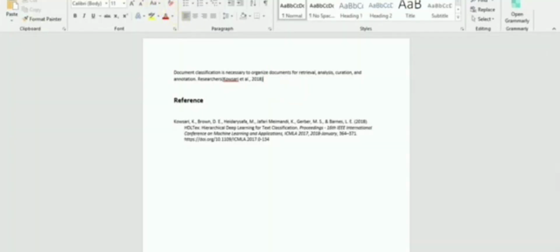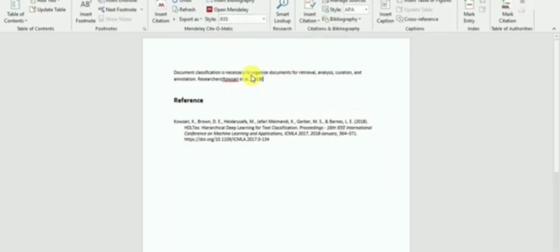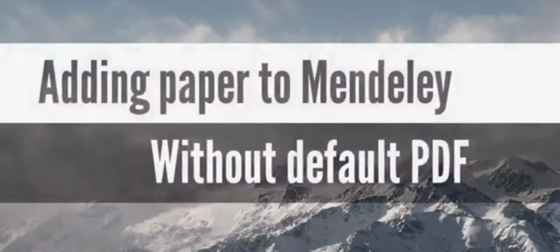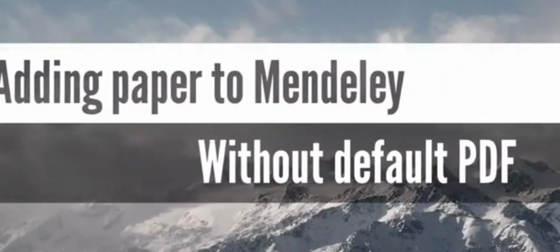To utilize this best feature of Mendeley, go to the Reference tab, select a style from the drop-down list, and I am selecting IEEE. And you can see all the citations and reference numbers changed according to the IEEE style, and it is done in one single click. It is also possible to add more styles in our Mendeley, but I will show it in a later section of the video.